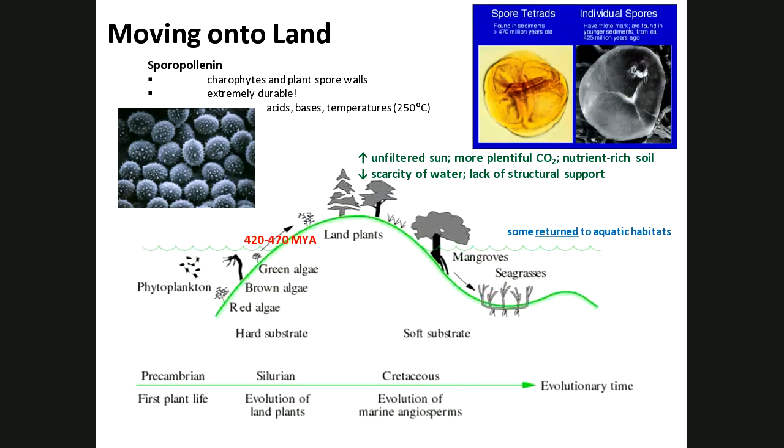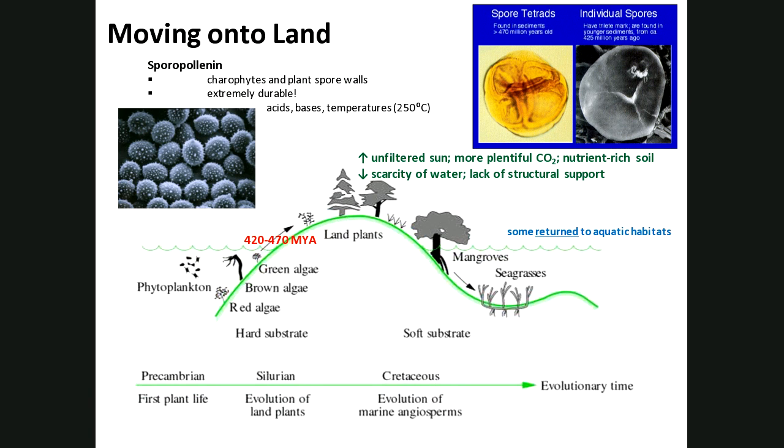to eke out a living, right? Now, one of the things that we've already talked about when we move out on the land is this idea of desiccation, right? Drying out. That's a big concern. That's a major stumbling block for critters being able to get away from water. Well, we're all dependent on water, but especially for reproduction, right? The amphibians still have to go back to the water to lay eggs.